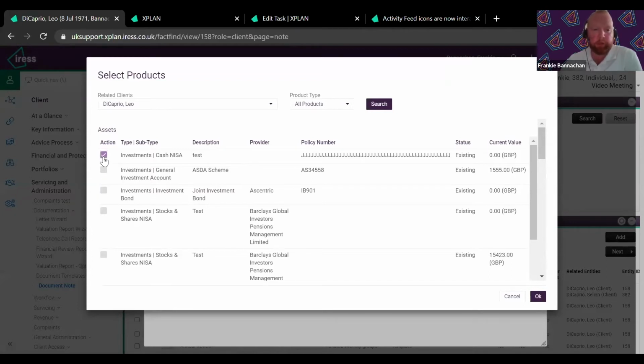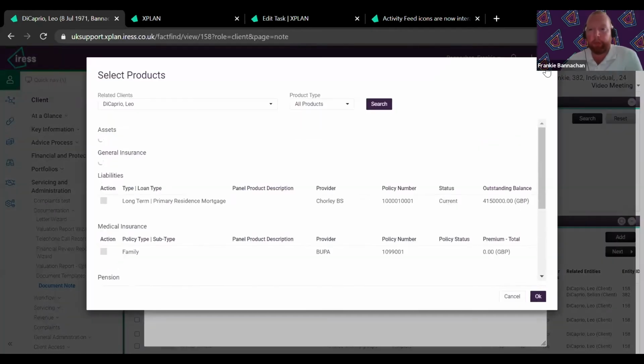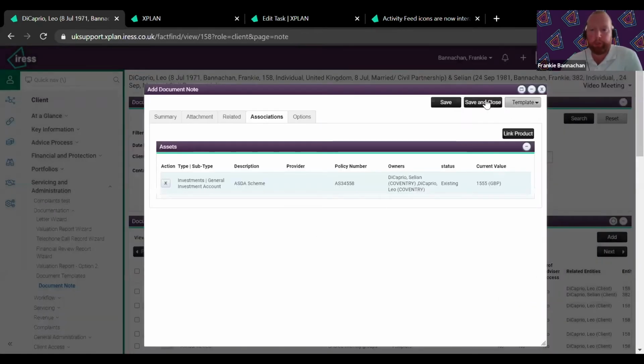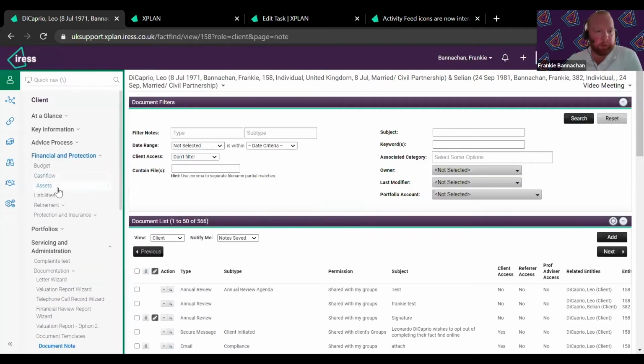document you see fit. So if it's an application or information coming in from a scheme and things like that, and you want to make sure they're associated, you can do so by clicking OK. And you can link it to multiple policies, which is pretty good. Now, if I save and close that, we'll go in and have a look at that under